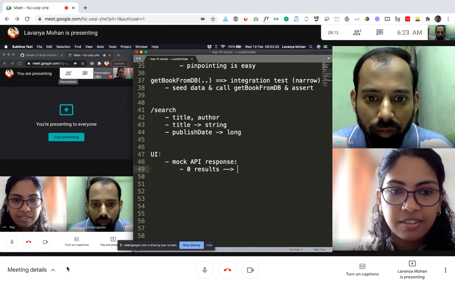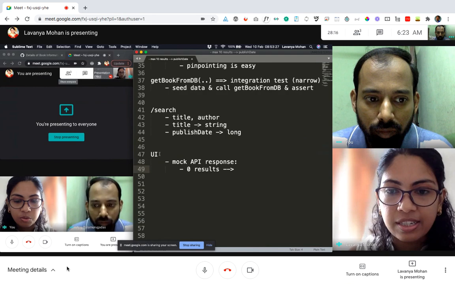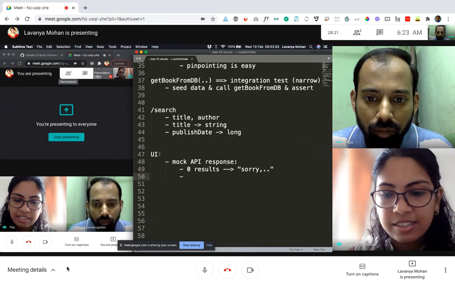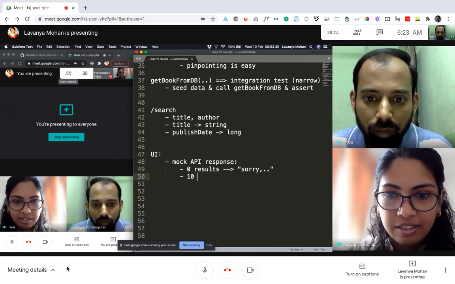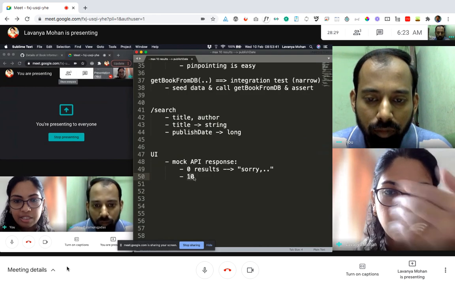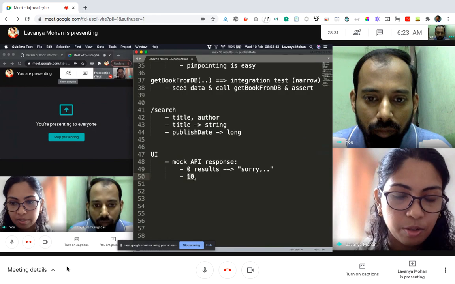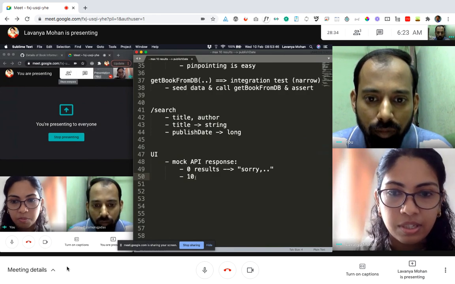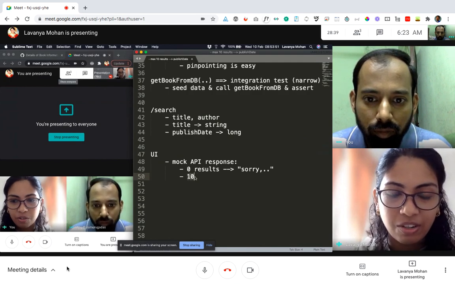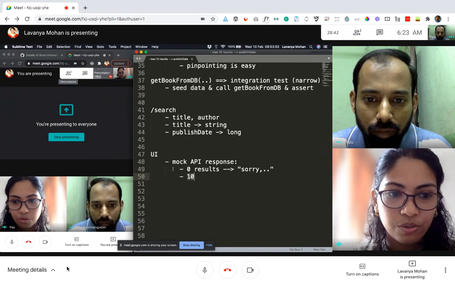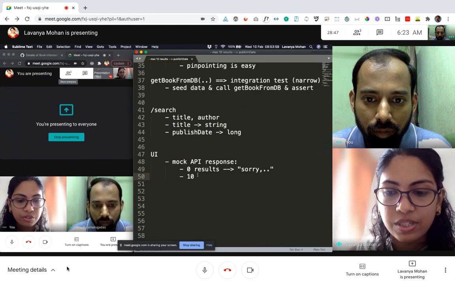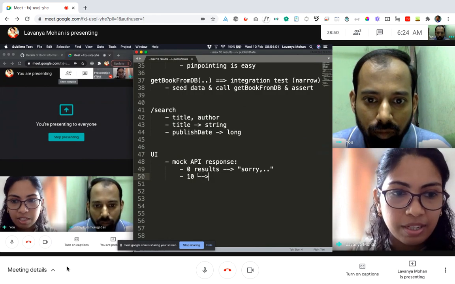In that case, we can check whether on the UI it says, sorry, we couldn't find a book for it. Let's say it is exactly 10 results. It can't be more than 10, right? It will have to be 10 or fewer because the filtering logic has already happened on the server side. So we don't need to check for 20 because there is probably no logic on the client side to not display more than 10. It probably just displays everything that is returned by the server. So in this case, with 10, we will check if all 10 are displayed.